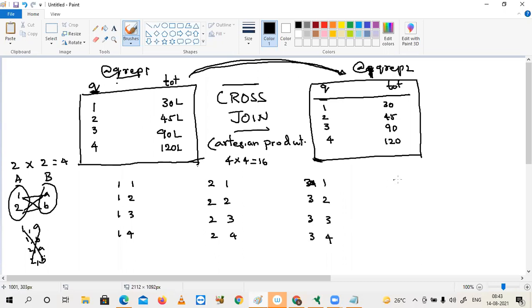Finally 4, 1. 4, 2. 4, 3. And 4, 4. Got it? Now look at only the first column. Totally 16 rows, 16 pairs.